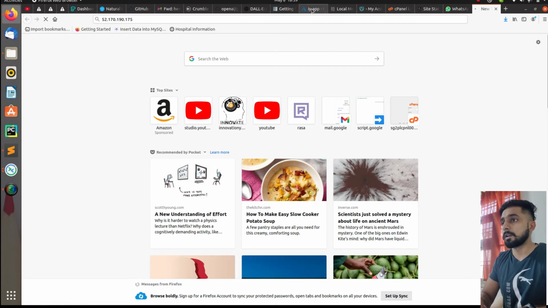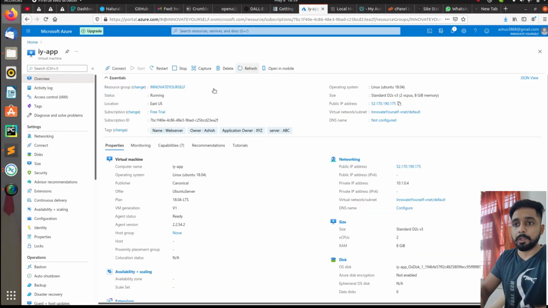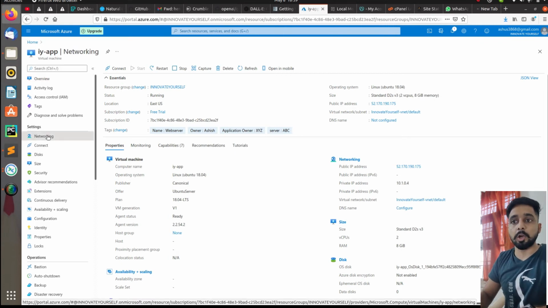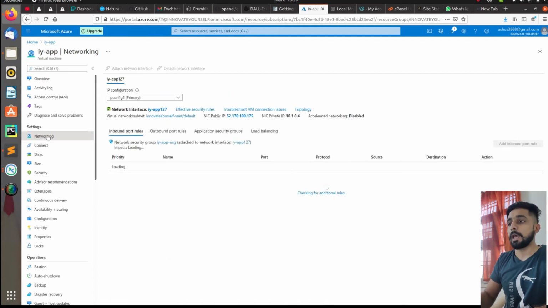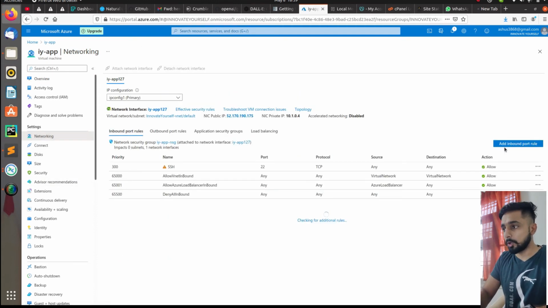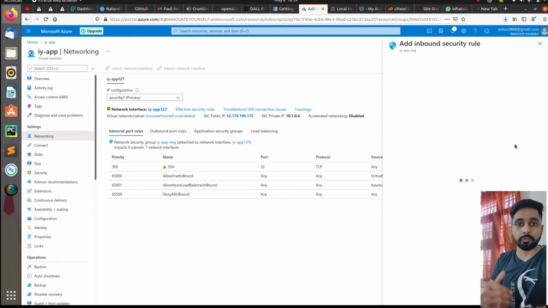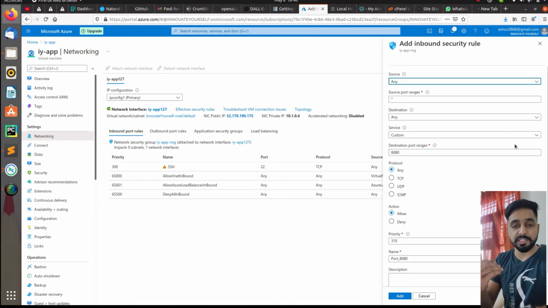For that, go in here. Inside the VM instance, under the settings, you have an option for networking. Just click on that, and inside that, on the right side, there is an option, add inbound port rule. Just click on that and start adding a new port. Currently I will be adding the HTTP port.